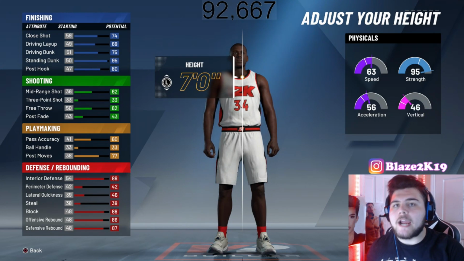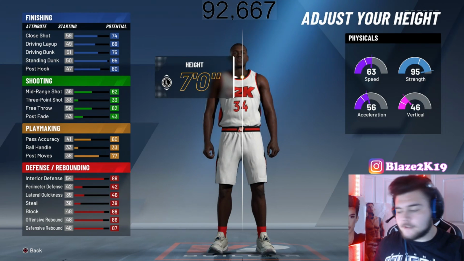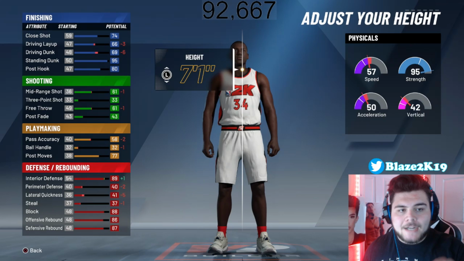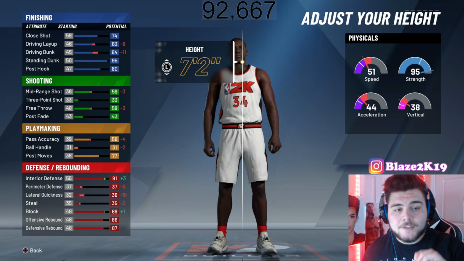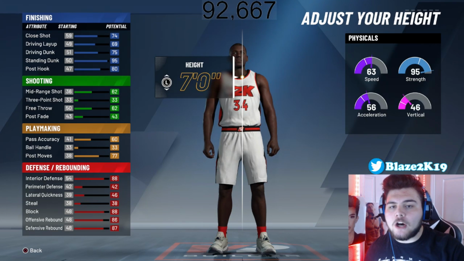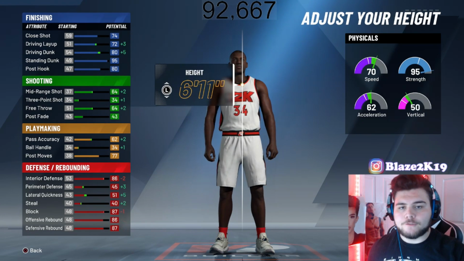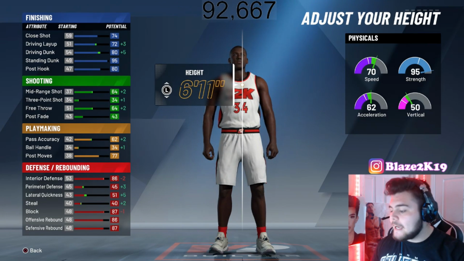Listen carefully to what I'm about to say, because it's very, very crucial to whether or not your build is gonna be great. All right, now look at the speed difference when I do this. 7 feet to 7'1", minus 6 speed. 7'1", 7'2", minus 5 speed. 7'2", 7'3", minus 7 speed. Now look at this. 7 feet tall to 6'11", plus 7 speed. 6'11" to 6'10", only plus 3, and so forth. So with Shaquille O'Neal, we are going with a height of 6'11",